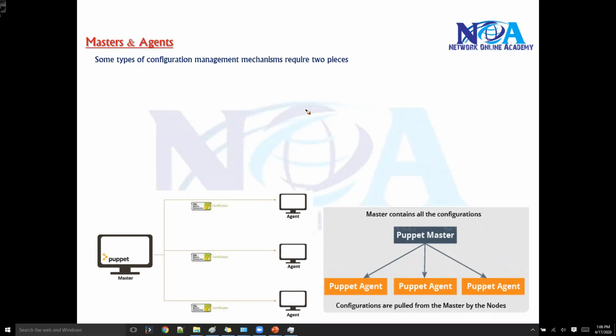So the configuration management tools, whatever we are using, we have two components or two pieces, we can say. The first one is master and the agent. Now in simple, the master is nothing but the device or the server which is responsible for doing the configuration management. So where you have the software installed,